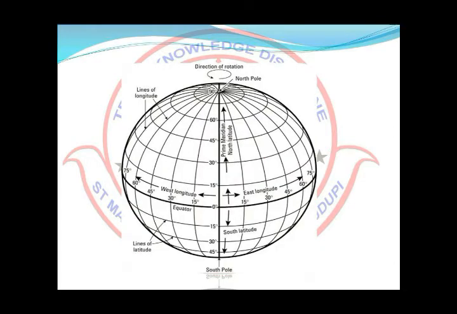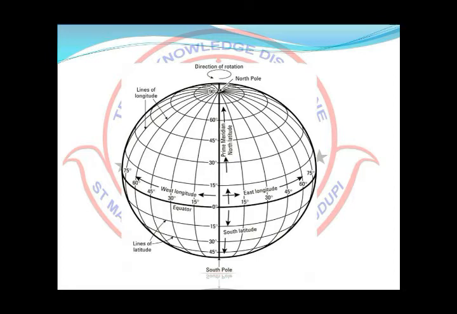When we look at the globe, we are able to see only one side, as you can see in this picture. To see the other side, we have to rotate it. In this picture, you can see the point at the top. It is called the North Pole, and the point seen at the bottom is called the South Pole. The globe rotates on the line that passes through it, which is called an axis.